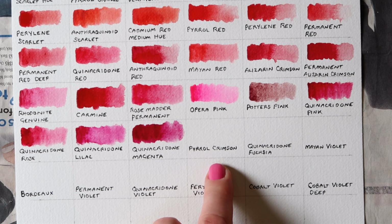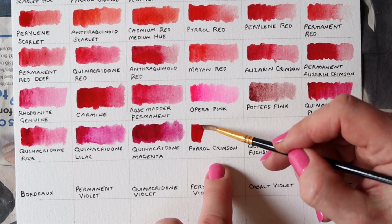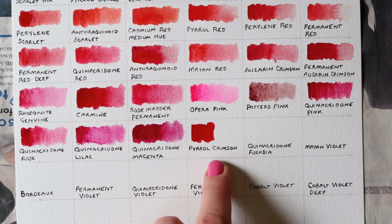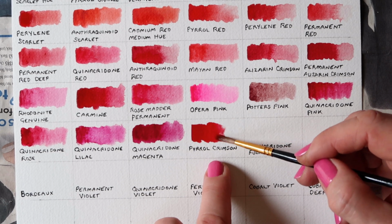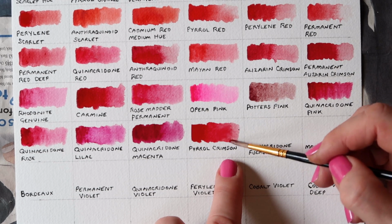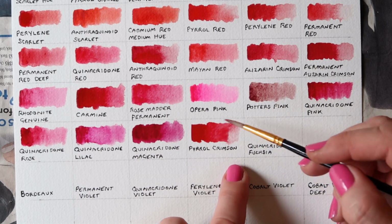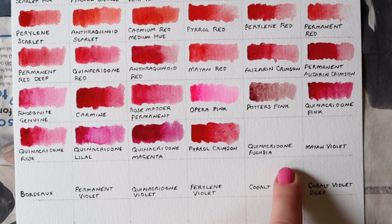Okay, Pyrrole Crimson. Let's see. Pyrrole Crimson. That's a very strong, saturated color. Look at that. My goodness. Trying to get a little paleness on that, and it doesn't want to. There we go. Well, I try to blend them in nicely, but...